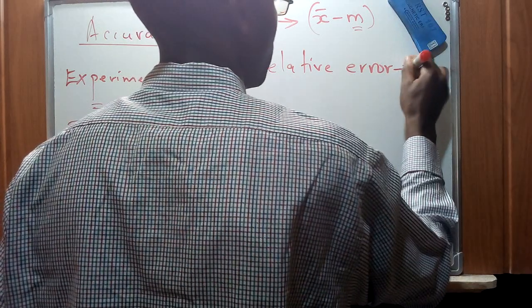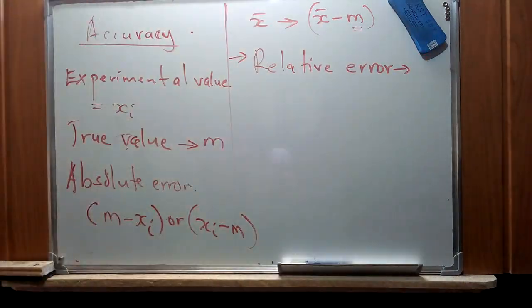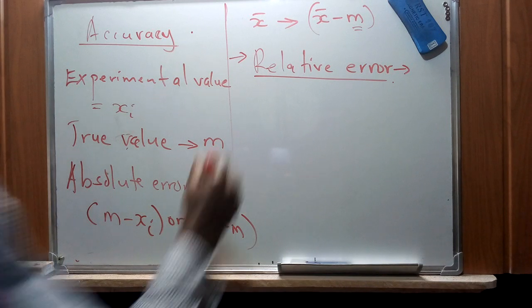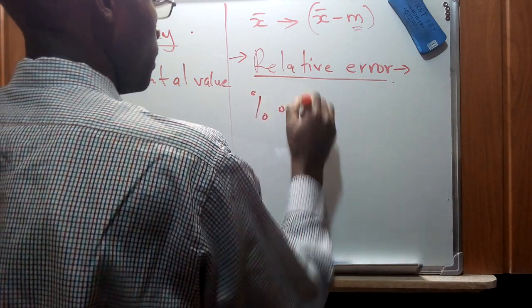Now that we have said this, the first strategy might not give us a convenient way in which we're going to determine the true value. Therefore, a substitute for that is a relative error, which will describe the error in relation to the magnitude of a true value. And the relative error can be expressed in two different ways. That is, it can be expressed as a percentage or as